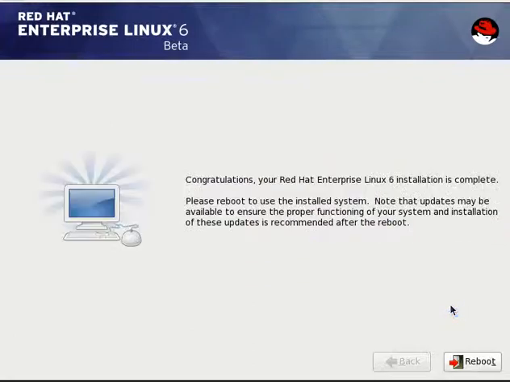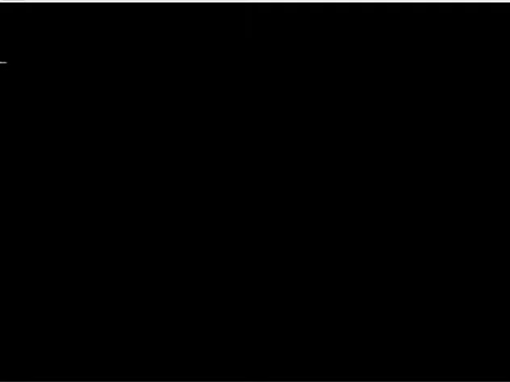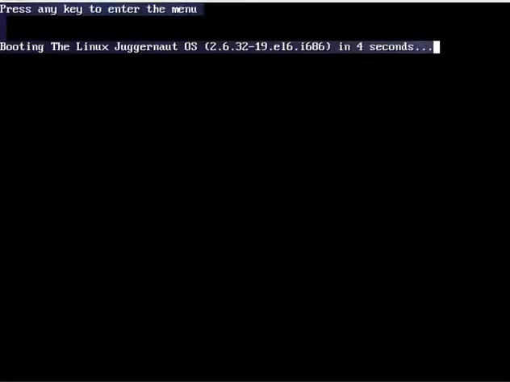Yeah, if you see, you can reboot the machine, and let us wait for some time. Yeah, you can go with booting the Linux Juggernaut, which we already gave at the time of installation. So it's just starting the booting process.